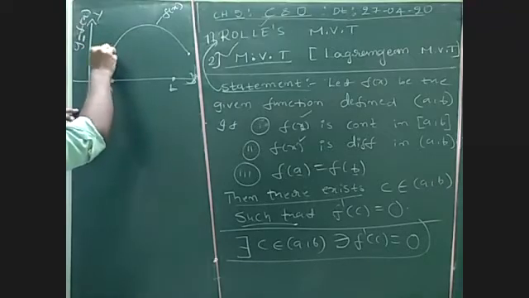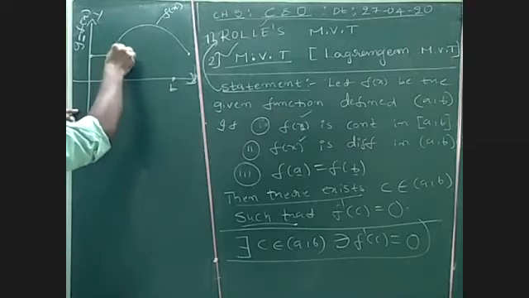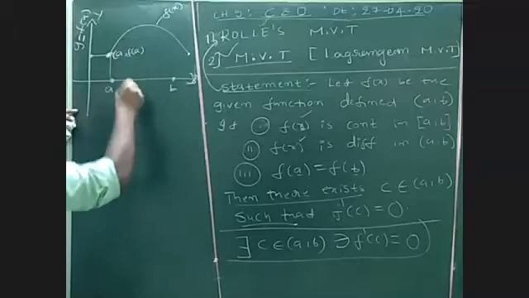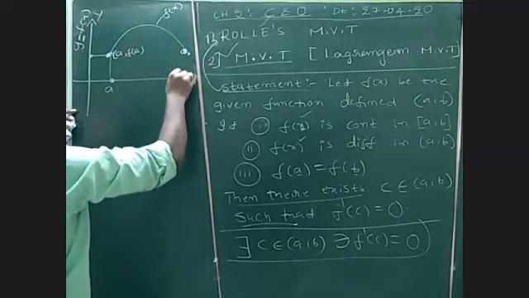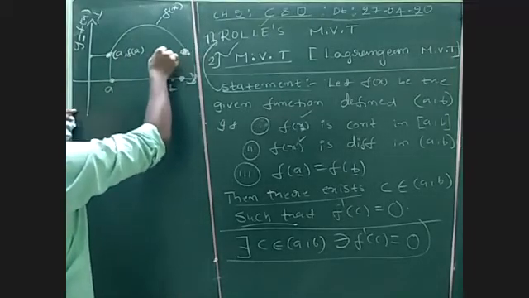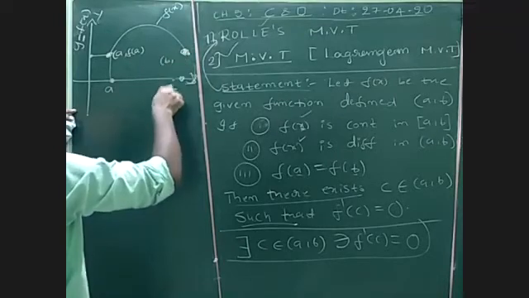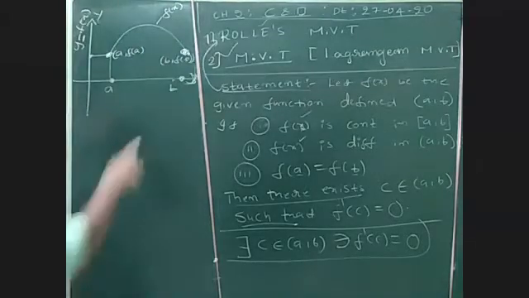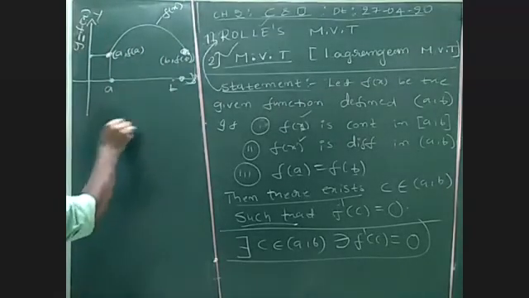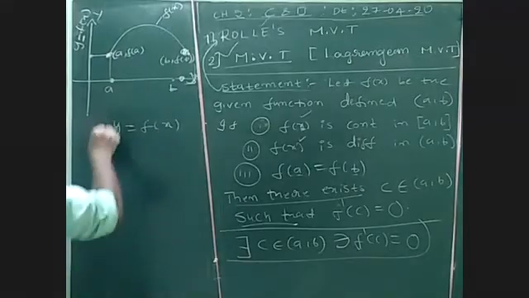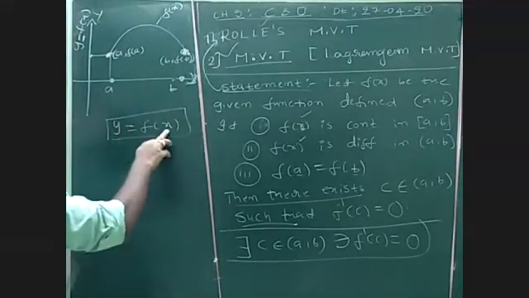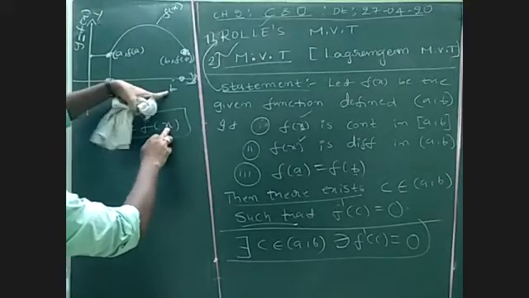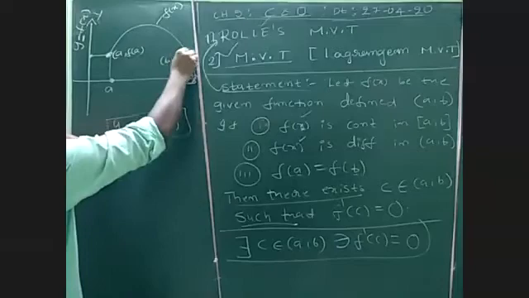So what about this point? This point represents x value is a, corresponding y value is f of a. What is this point here? This is x value is b, corresponding y value is f of b. Substitute b here in place of x, since already y is equal to f of x. Always it will be right. So substitute x is equal to a, we get y value f of a. Substitute x is equal to b here, we get y value f of b.